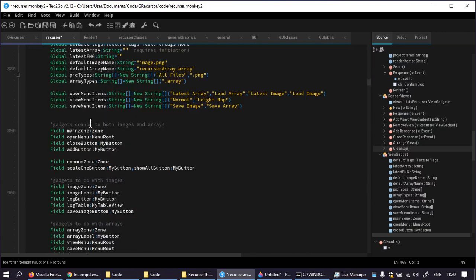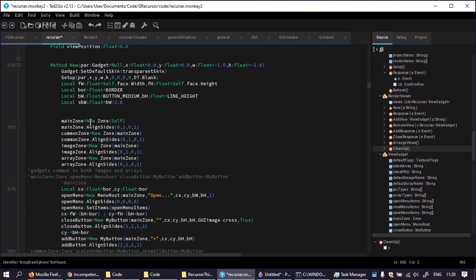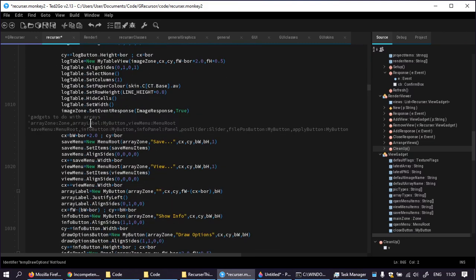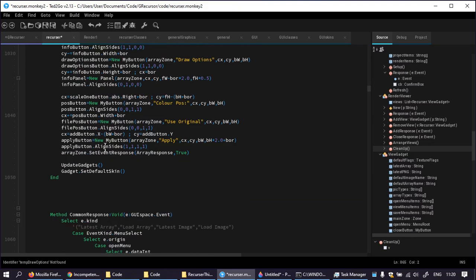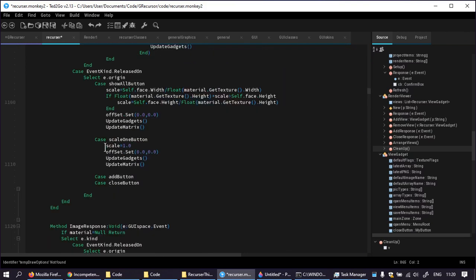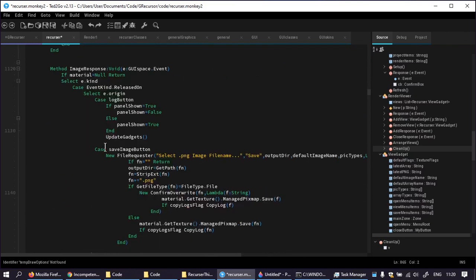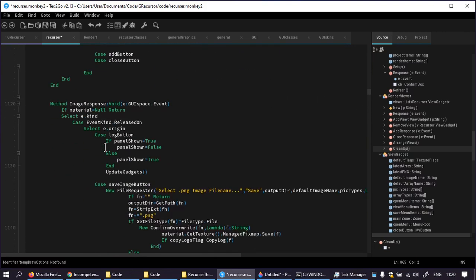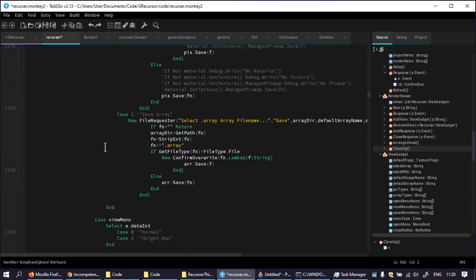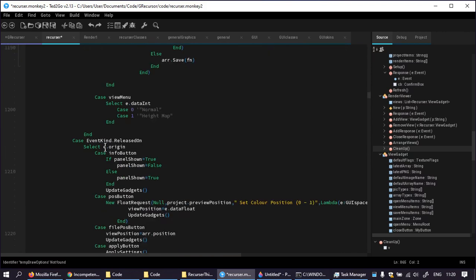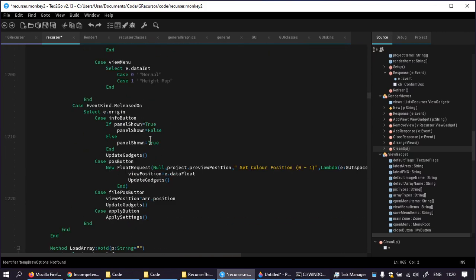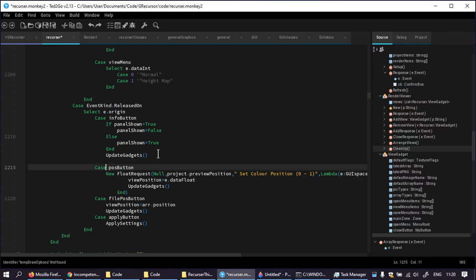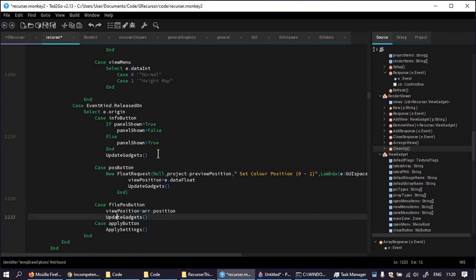Inside the view gadget, I am making my draw options button, and inside array response, in array response there is, as well as these things,